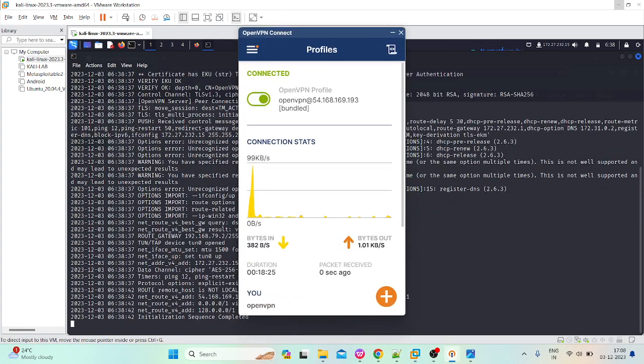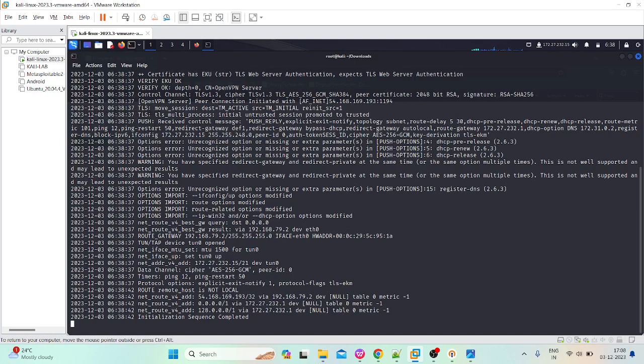Just need to make sure that all the machines are connected, right? So my Windows machine is also connected to the network. So now what we will do,